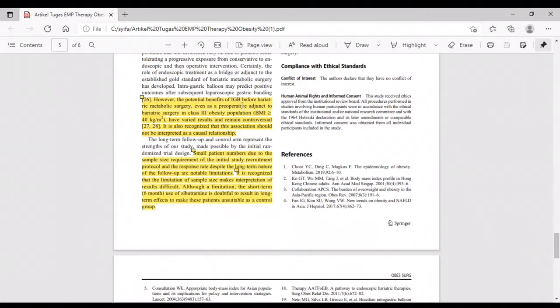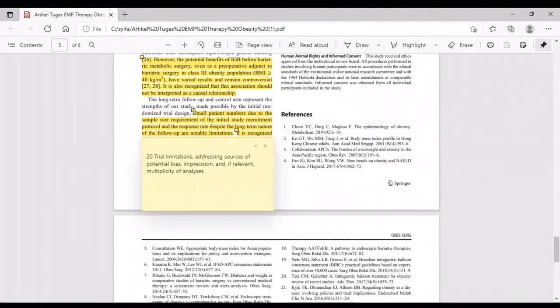The potential benefit of IGB before bariatric metabolic surgery, even as a preparative adjunct to bariatric surgery in the class 3 obesity population, has varied results and remains controversial. It is also recognized that this association should not be interpreted as a causal relationship. Next checklist is number 20, the point is trial limitations, addressing sources of potential bias, imprecision, and, if relevant,